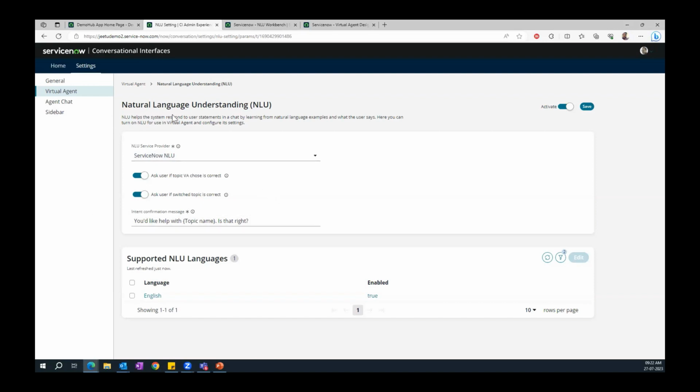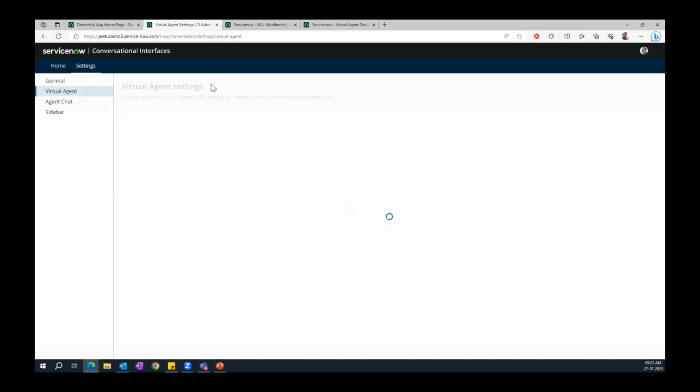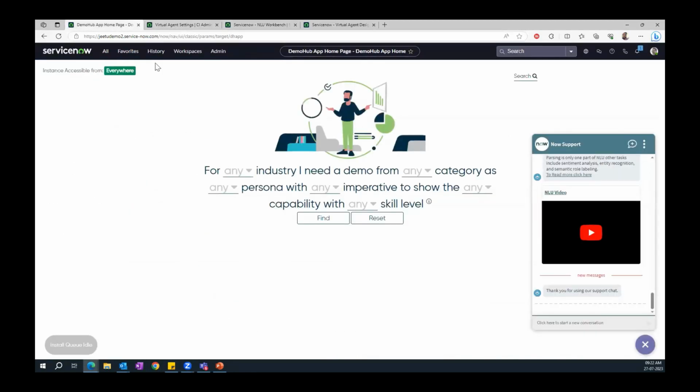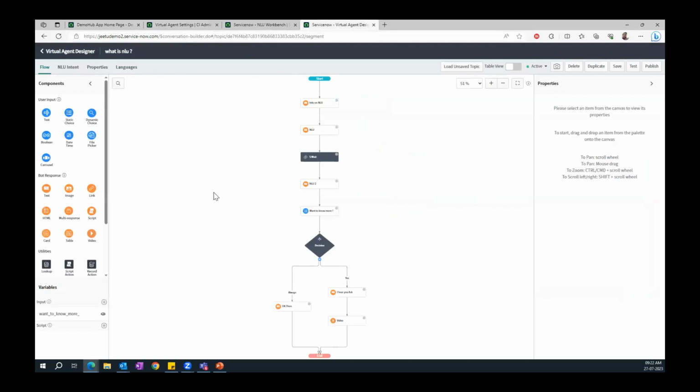Once we have this enabled, another concept which I want to show you is NLU Workbench. So how you can go to NLU Workbench by clicking here, right? Before I show you the NLU Workbench, I want to show you the conversation which we just completed, the NLU conversation. So this is the flow I was using.